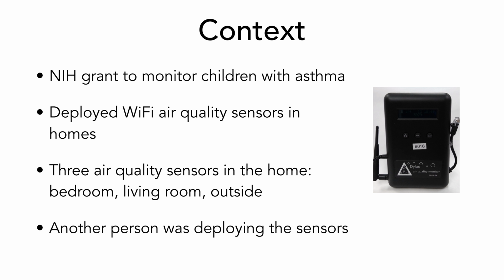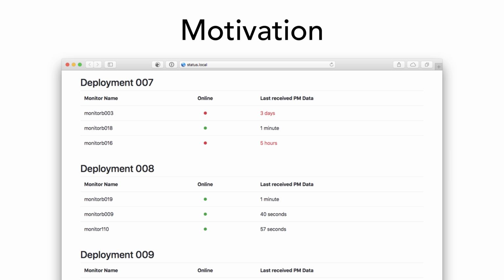What's interesting about this is, I helped build these sensors and program them, but I wasn't the one deploying them. Someone else was deploying them, someone that wasn't very technical and didn't know anything about wireless networking. They'd place these sensors throughout the home wherever they needed to, and they didn't necessarily know where the access point was. They didn't know how well the sensor was connected to the network. They would make sure the sensor worked before they left. So we knew that at that moment it was working, but as we learned quickly in this project, things can change very fast. And actually that was the biggest motivation behind this.